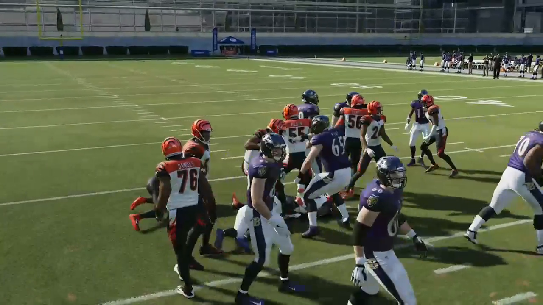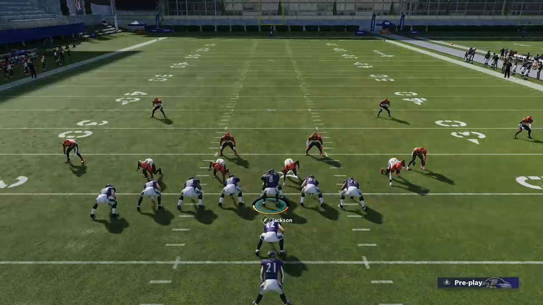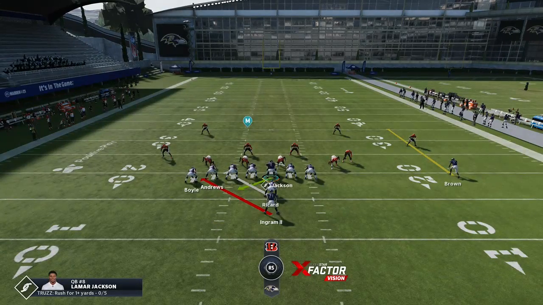I got a few yards. So I actually did end up taking that inside. But yeah, thing here,